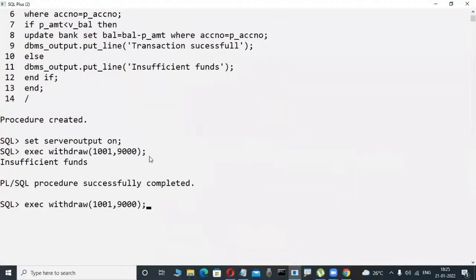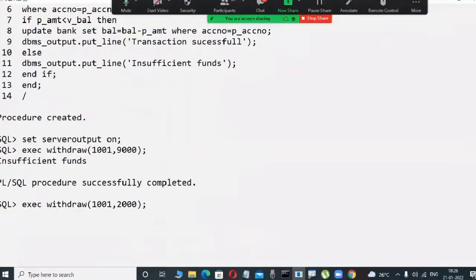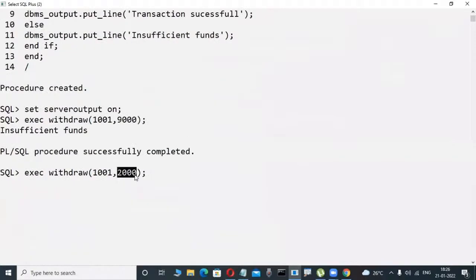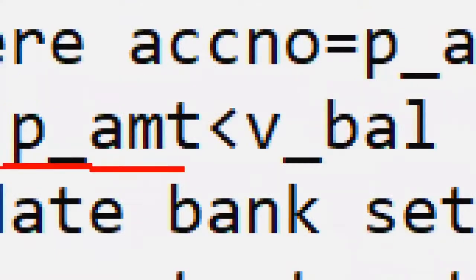Observe it here. Now 1001 is my account number. I try to execute withdraw again, so now procedure. Now I try to withdraw 2,000 rupees. Possible? Possible. Why? Because my balance is 3,000, but I try to withdraw only 2,000, which is possible. So whenever your passed amount is less than the available balance, in this case 3,000,